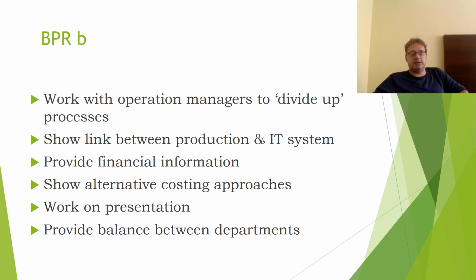Number 2 is show the link between the production and the IT system. Usually the production manager will be focused, as you can imagine, on production. What will happen with the IT system is that the information technology system may, again, have a different perspective. This is where these things are coming onto the production line. This is where this person performs this task, which is necessary for production. How does that actually work with the information technology system? So how does the information technology system actually gather information and then produce back summaries of that information in a report format?